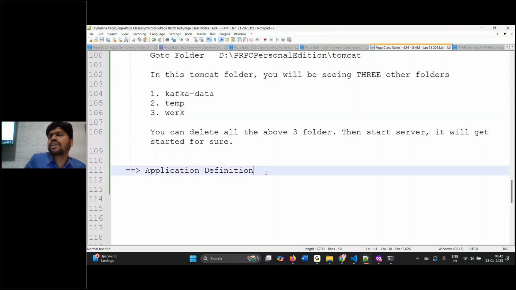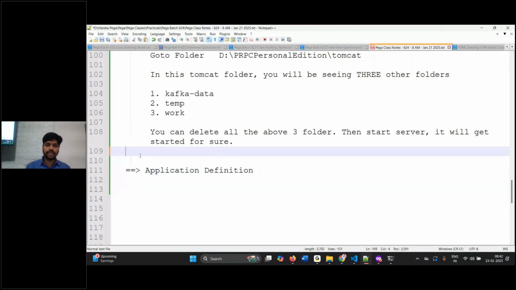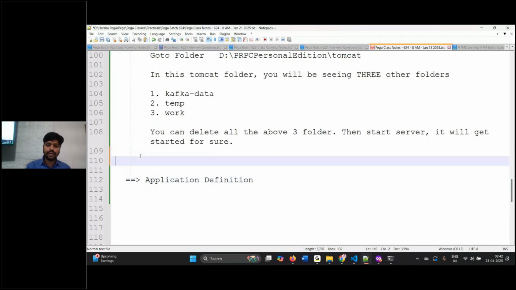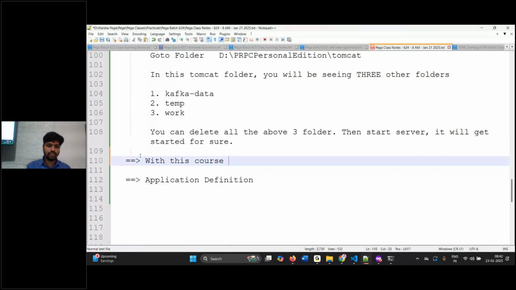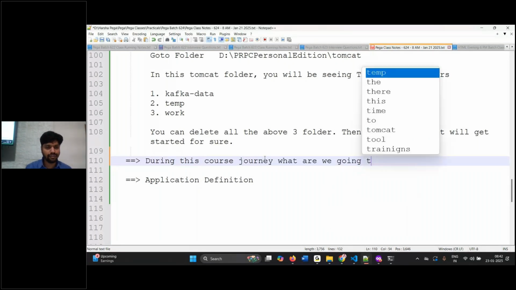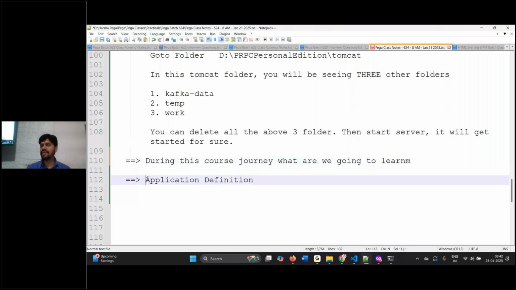So now what are we going to learn? What are we going to learn during our course with respect to development? I was going to tell you about the application and all, but time is not there. Better we will start, give a fresh beginning tomorrow. What we are going to learn is, we are going to focus